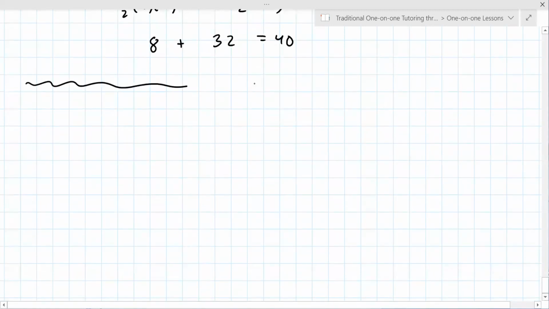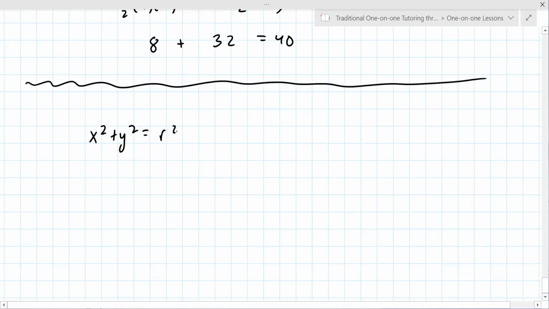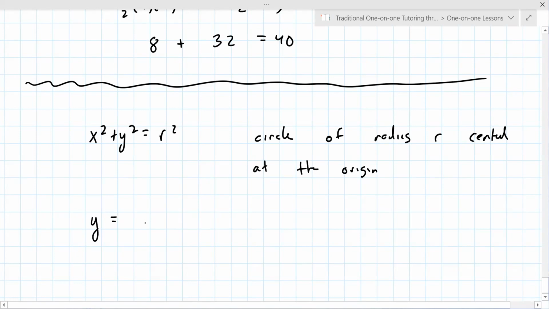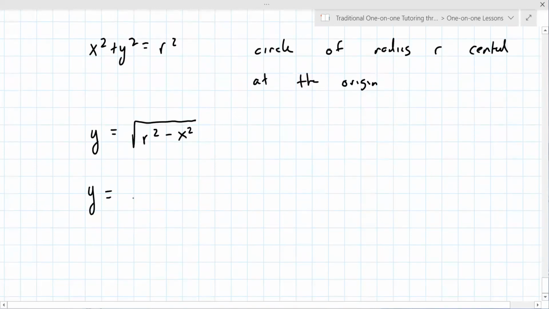So just really quickly here on circles, x squared plus y squared equals r squared is a circle of radius r centered at the origin. You've seen that before. If you solve it for y, you get y equals square root of r squared minus x squared. And then I'll give you a few examples here. Let's say it's the square root of 4 minus x squared. This is a radius 2 circle